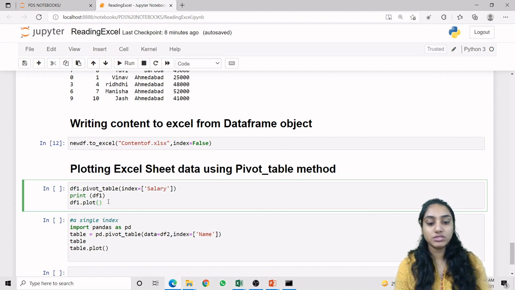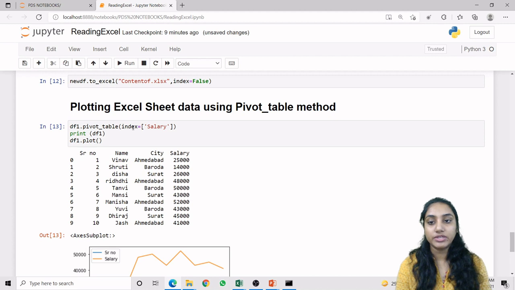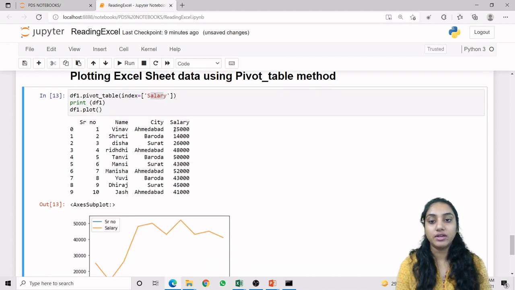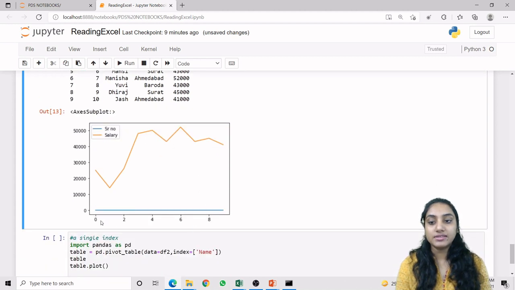So let us just run this code. So this is my df1 data, in which I am indexing it by the salary. So my pivot table is containing the data segregated according to the salary, and then I am printing those values. So the x-axis will have the values of your SR number 0, 1, 2, 3 up to 10, right?